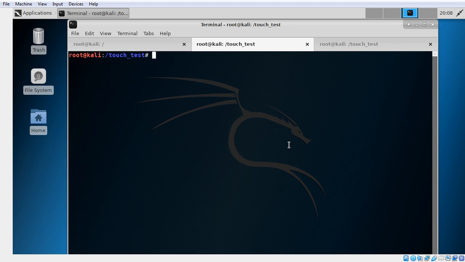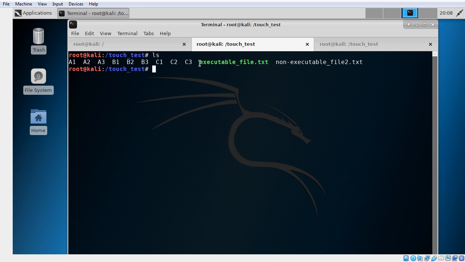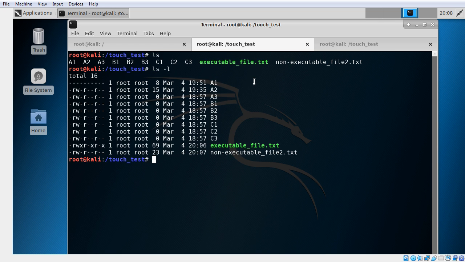Okay, so we actually took one file, this one, we made it an executable, via chmod plus x and a file name, and then we added a command to this file,